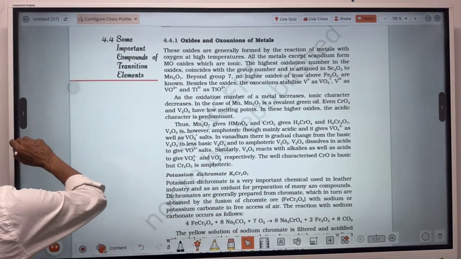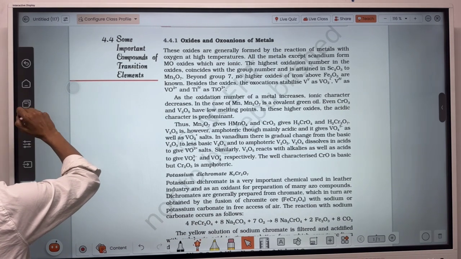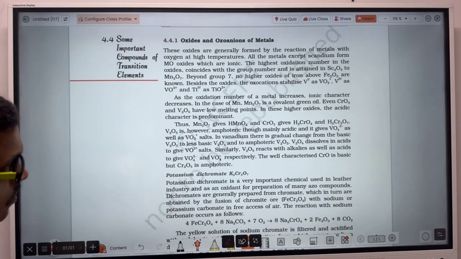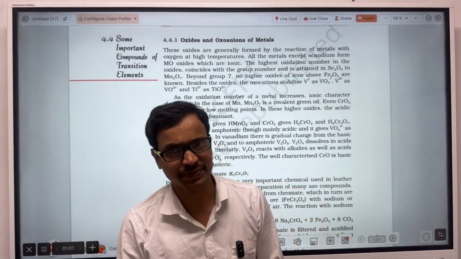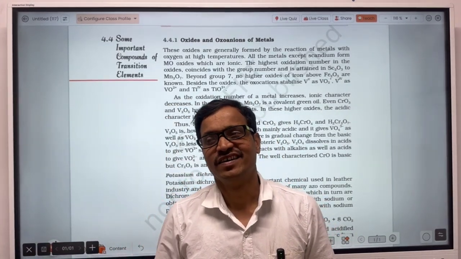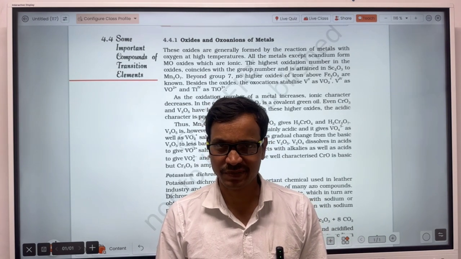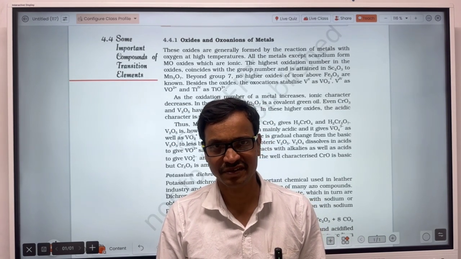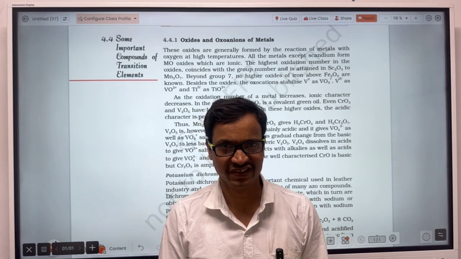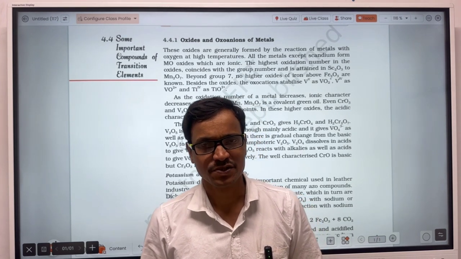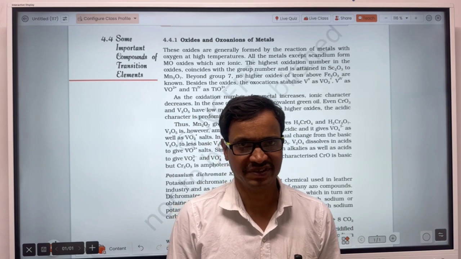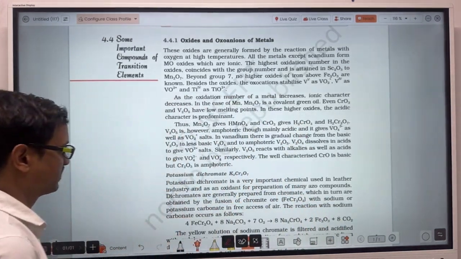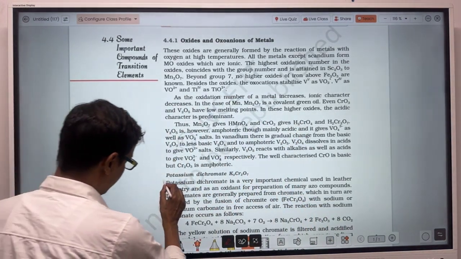You already know that the higher the oxidation number, the more the covalent character, because to release that number of electrons, a high magnitude of energy will be required. That magnitude of energy will not be available at room temperature. So the transition metals form covalent compounds. One example is potassium dichromate,